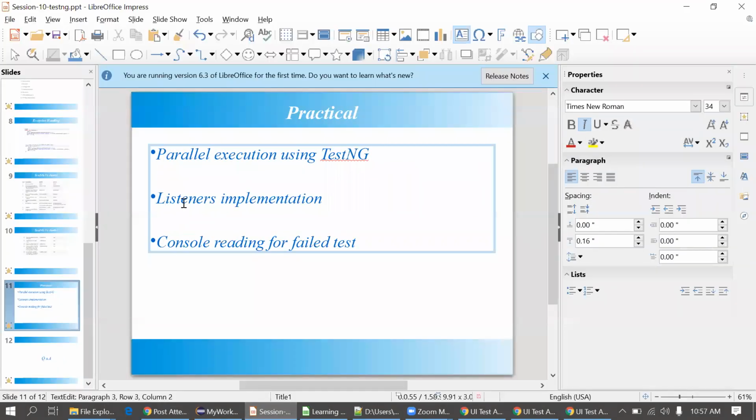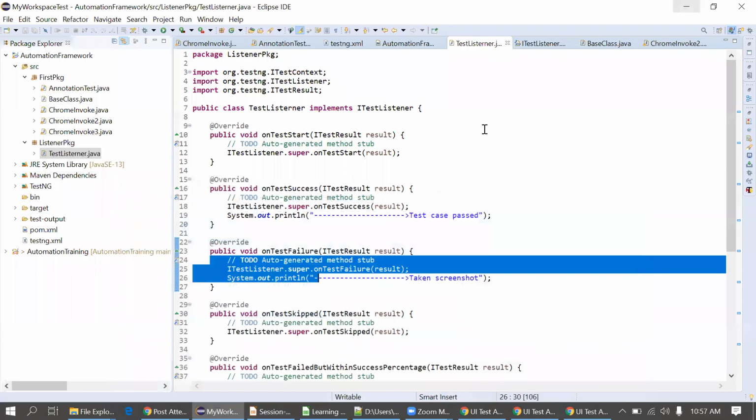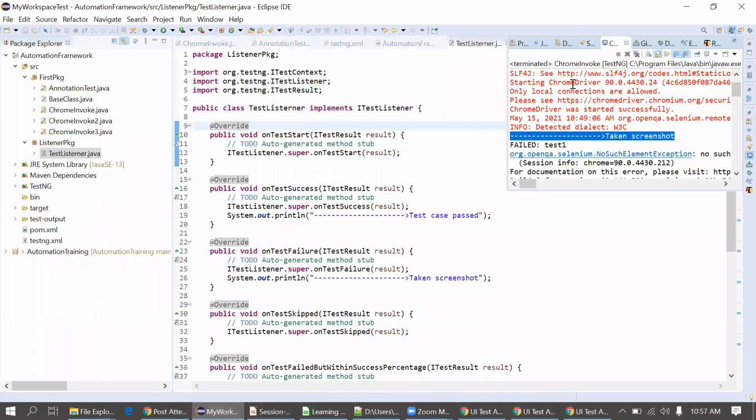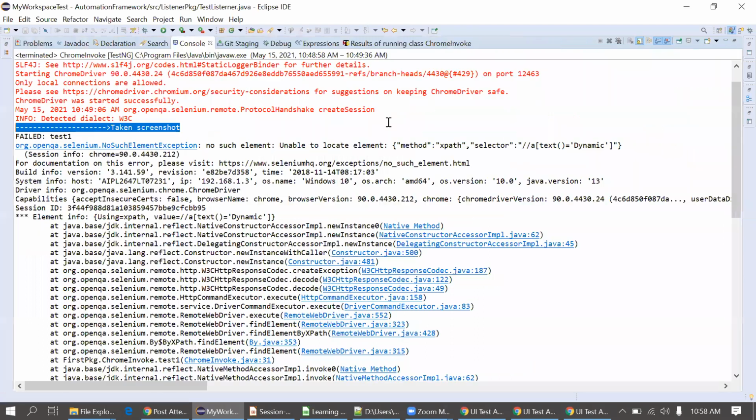Okay, so that's the listener implementation, and console reading is not pending. I will just go through it again for the failed test cases. Opening the console, you should know where the test case got failed exactly. First you will get this kind of Selenium exception. Then we get some descriptive information here. What is the XPath? We can simply go to that line number by using this tag.